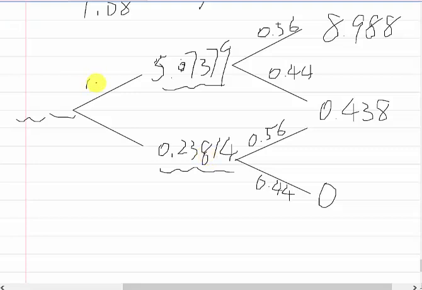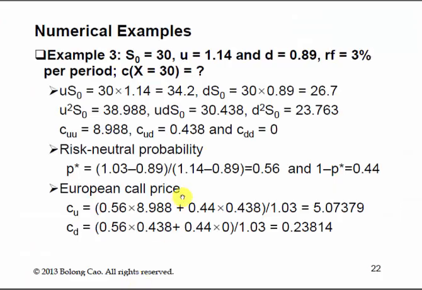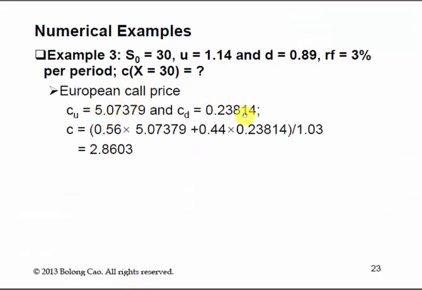Still, the risk neutral probability when we work back along the binomial tree doesn't change, so we again apply these two risk neutral probabilities with respect to the upstate call value and the downstate call value. Let's see that in the next page. And don't forget to use the risk-free rate to discount these values. And we have